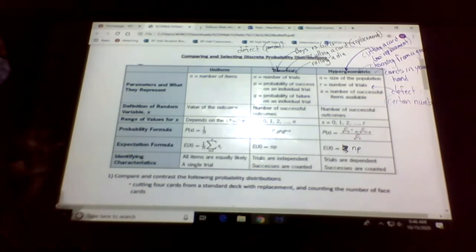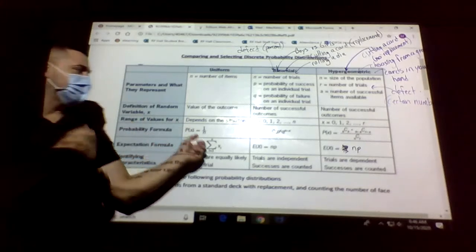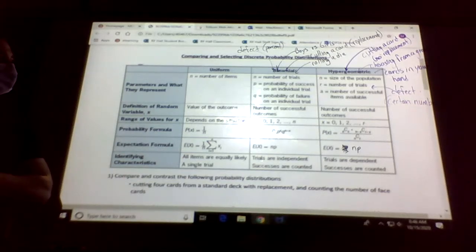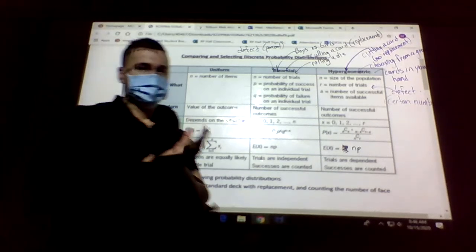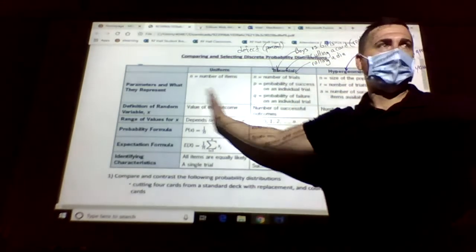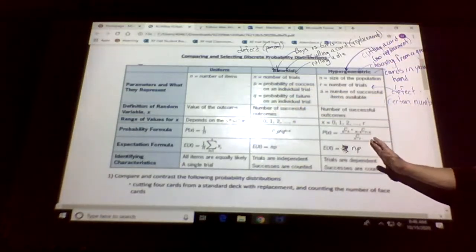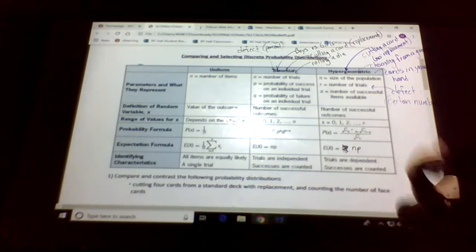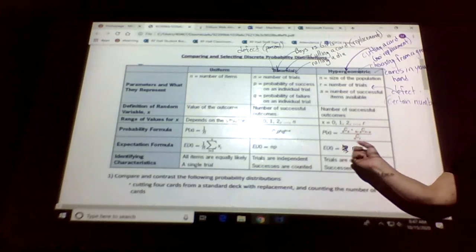When we have the test, I'll obviously put all these formulas on the board. You have to recognize what they are and what you use them for. Do you have any questions with these? Single trial, multiple trials, independent trials, dependent. What do the animal questions fall under? Is that hypergeometric too? Yeah, you end up using the same formula, so you don't really have to identify. Just know that one of the cohorts will get one of the animal questions. So you just use that, the EX equals N